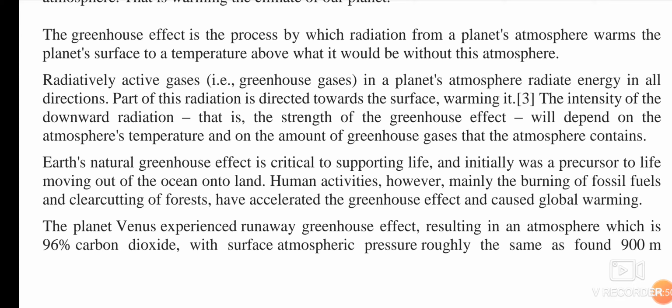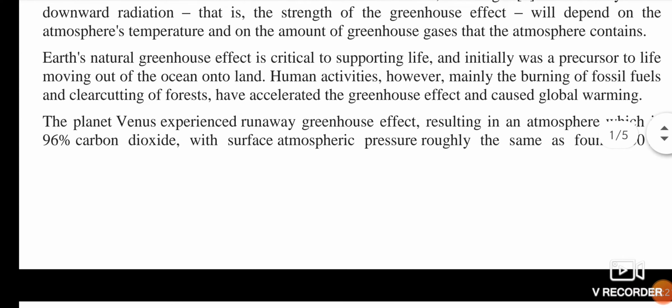Earth's natural greenhouse effect is critical to supporting life and initially was a precursor to life evolving out of the ocean onto land. Human activities, however, mainly the burning of fossil fuels and clear cutting of forest, have accelerated the greenhouse effect and caused global warming. The planet Venus experienced runaway greenhouse effect, resulting in an atmosphere which is 96% carbon dioxide, with